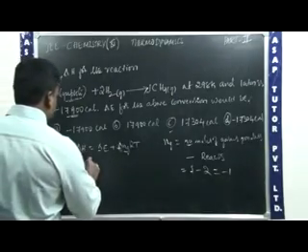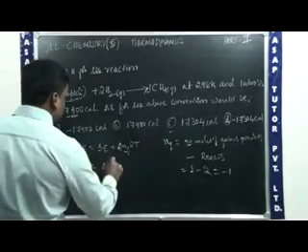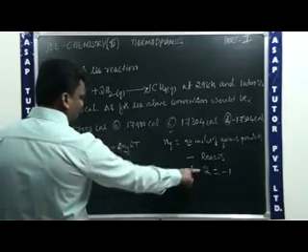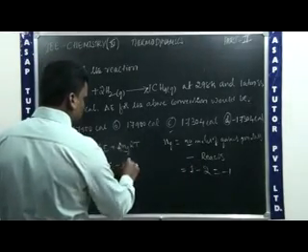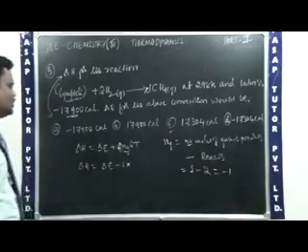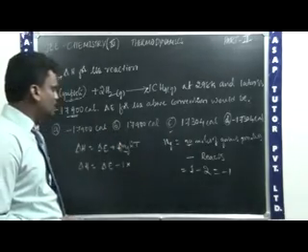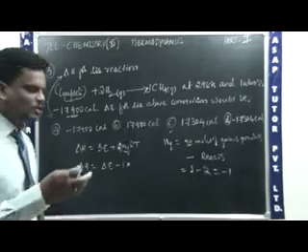Then now delta H is equal to delta E. We have to find out delta Ng. Delta Ng is minus 1. So therefore, minus 1 into R. Here they are expressing the answer in terms of calorie. Therefore, we need to mention the value of R in terms of calorie.